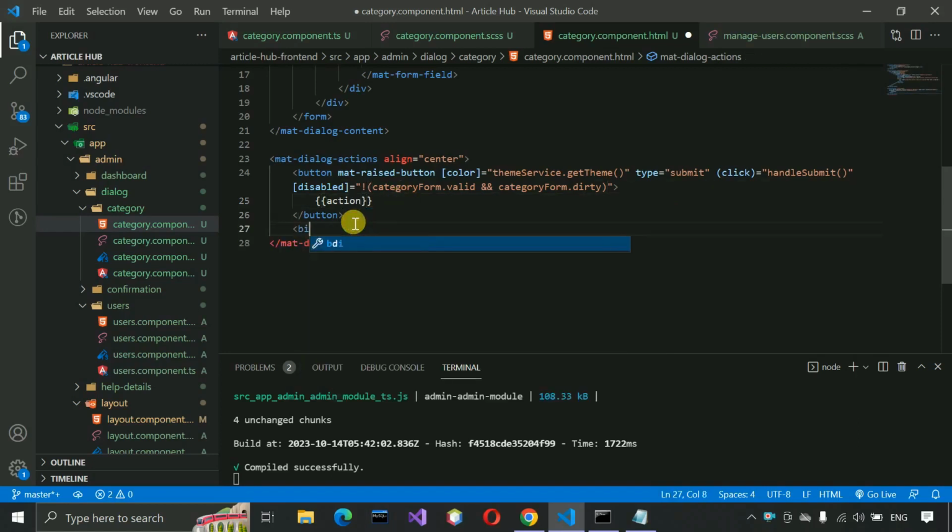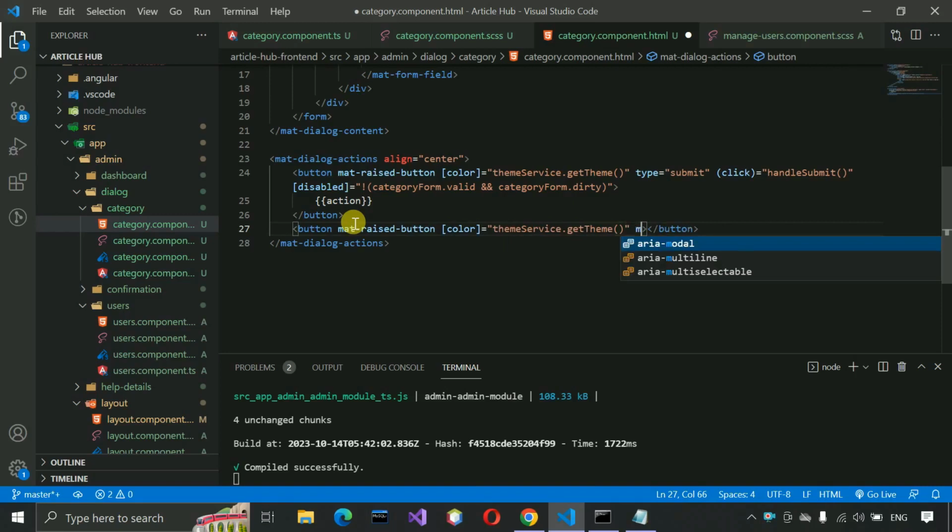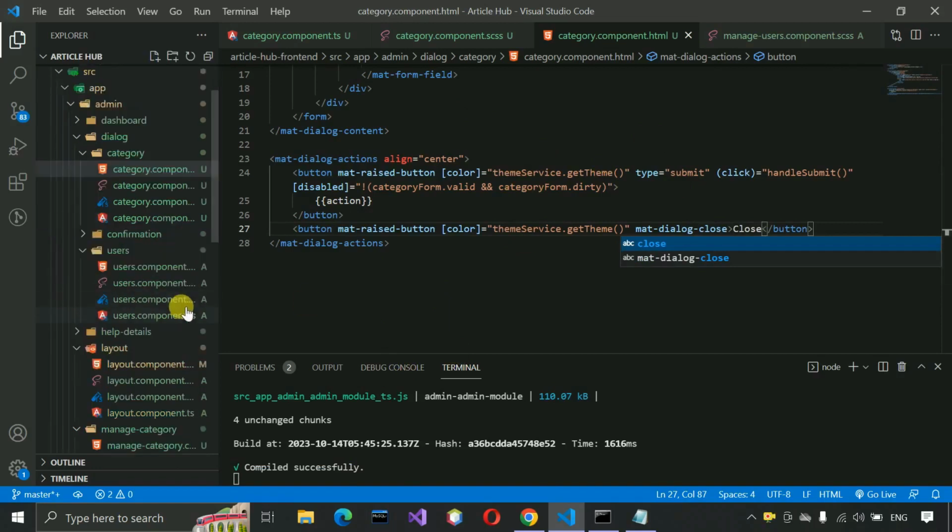Okay, and outside of this one we just need to put the action as button value. So after that, one more button we have to create, raised button, and here the color we need to pass, so theme services dot get theme, and it should be mat dialog close button, and here we have to just write close and save this. Now our HTML part of category is also completed, and till now we did not connect this category with manage